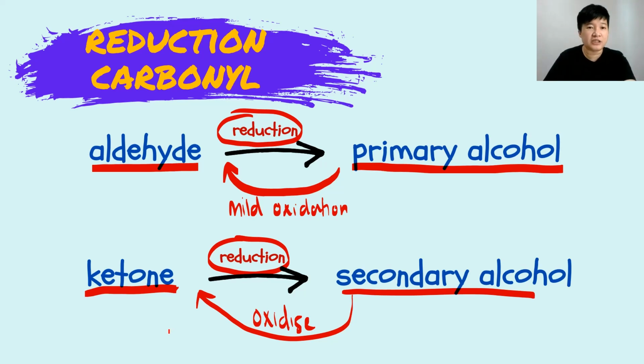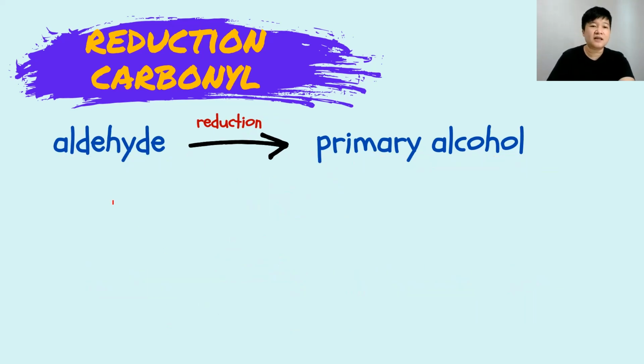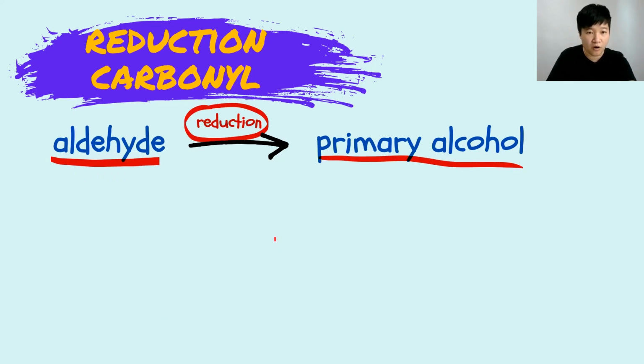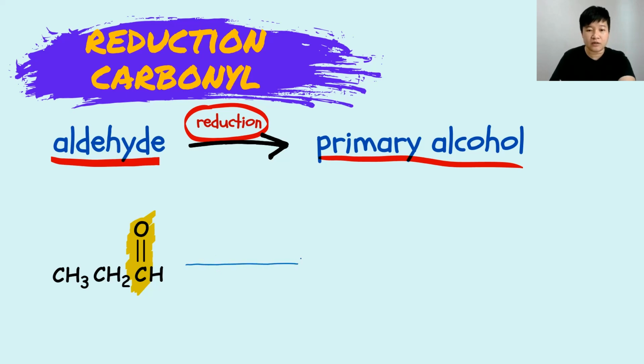Don't worry, we'll look into examples. So let's start with the reduction of aldehyde. Your aldehyde undergoes reduction, becomes primary alcohol. Let's see what happens. So this is the example of my aldehyde. Focus again only on the carbon that is holding C double bond O. It undergoes reduction, you can choose any one of the reducing agents, and right now I'm choosing lithium aluminium hydride followed by H2O, H+,